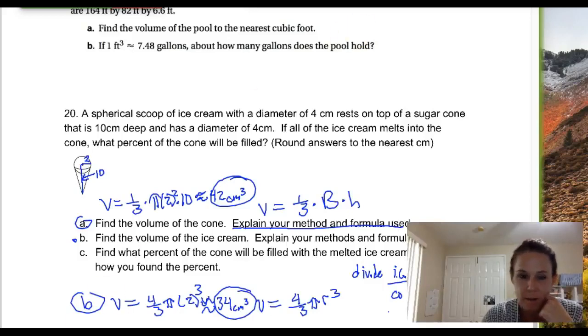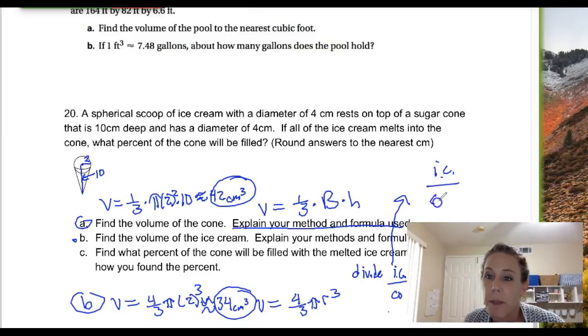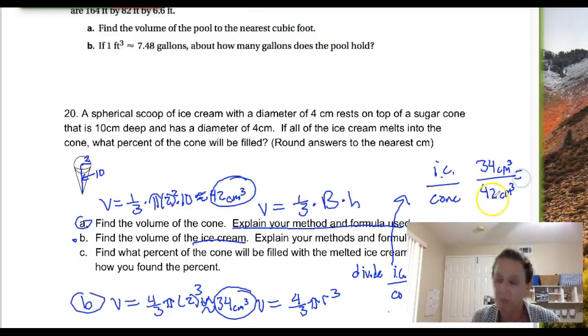Hold on. All right, I'm going to divide the ice cream by the cone. I'm going to write it up here because I've run out of room. So ice cream by the cone. The cone is the whole. I'm going to take the part to the whole. So the ice cream part was part B. So my ice cream was 34 centimeters cubed. And I'm going to divide that by the cone part. The cone part was 42 centimeters cubed. Go ahead and divide those out on a calculator. 34 divided by 42, and that's going to give me an approximation of